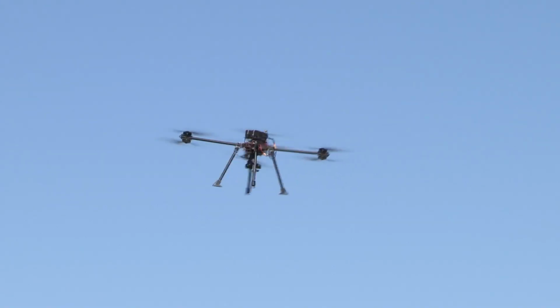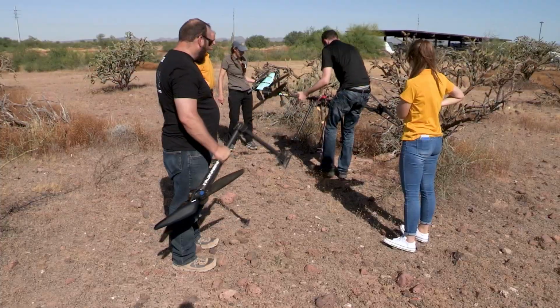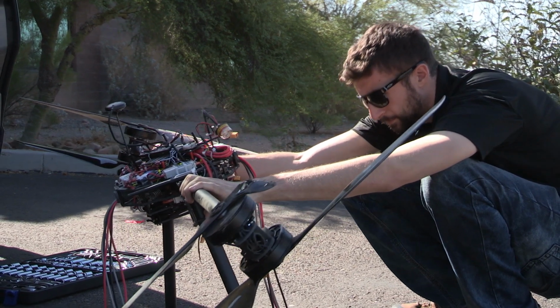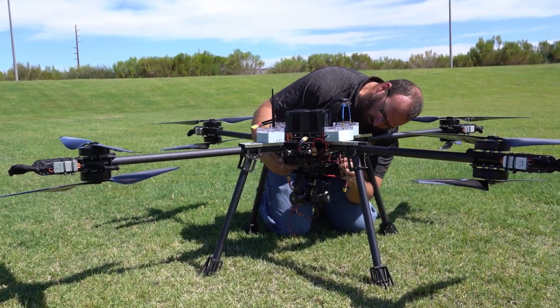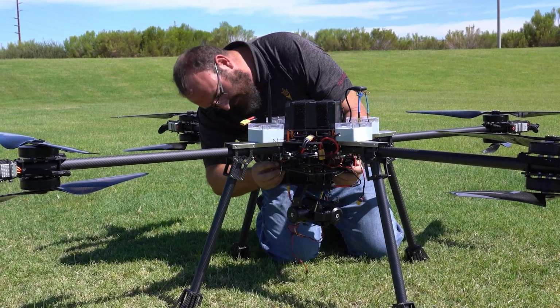The final demonstration flight didn't go as planned. Maxwell would not get to troubleshoot the problem because he left for the Navy the very next day. So Stephen, who up until now had worked on the periphery of the project, was thrust right in the thick of it. So my role in this project has morphed into basically the senior technician and assembly engineer for the